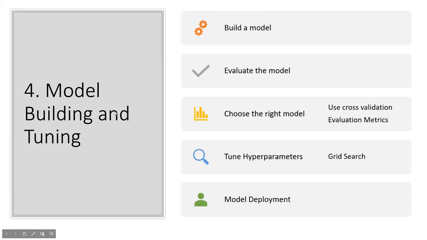And building the model is again a last step. First thing, you just build the model. Next you evaluate the model based upon the evaluation metrics, regression or classification. And while choosing the right model, you go for cross validation and evaluation metrics, and then you use hyperparameter tuning. So once you have chosen the right model, and again this right